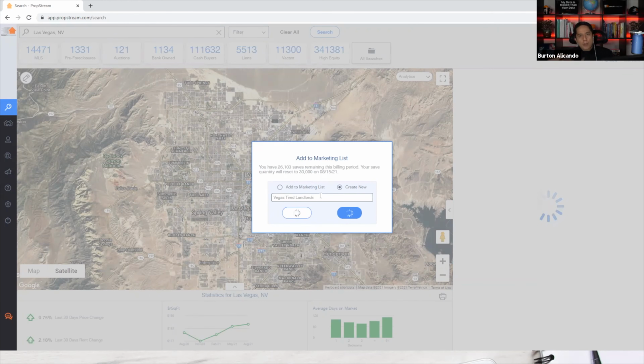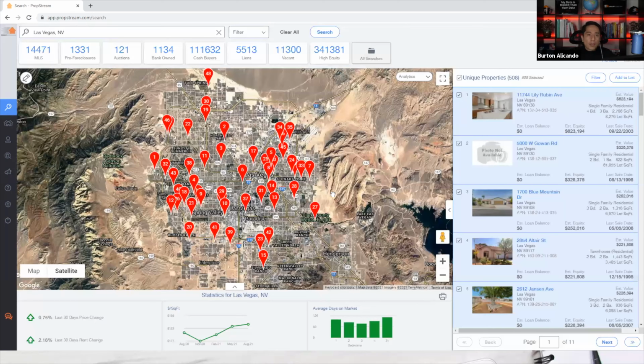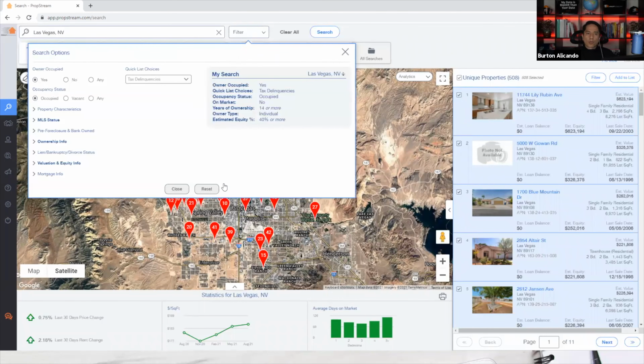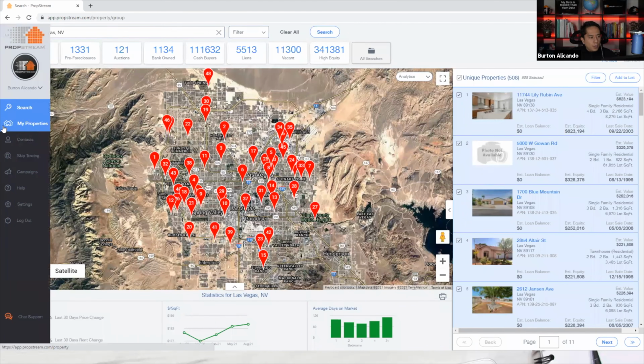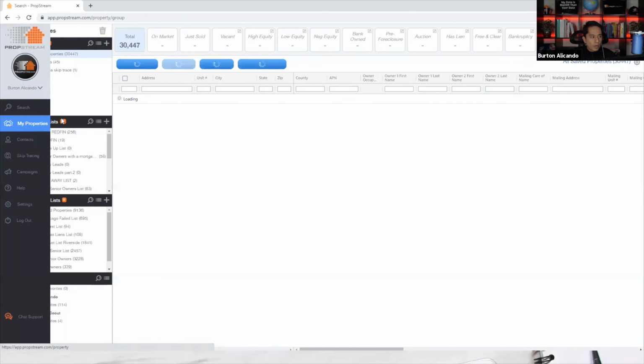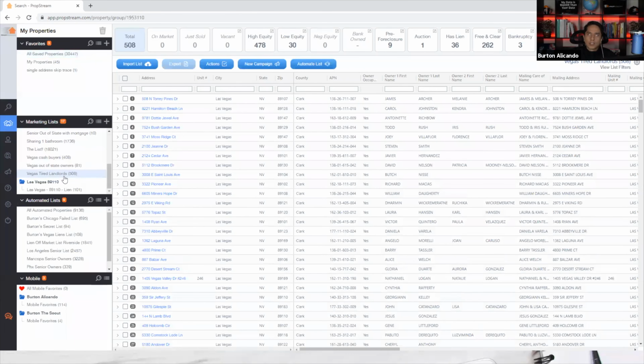So I could use PropStream. If someone called me back and wants to sell their house, I can search their property and analyze it and run a comp on that property. But if I don't have any leads, well, then I just search a market, apply those 4 rules, save these 508 properties. We'll put them in your My Properties folder over here under marketing list. So where's my Vegas tired landlords? Sort of changed that to owners. But now I can check them off and